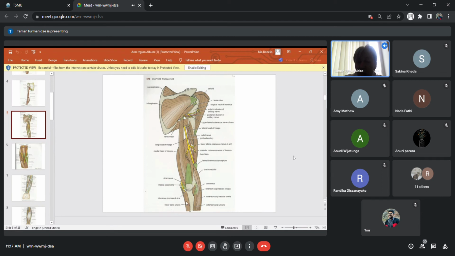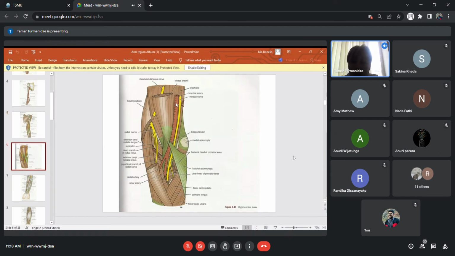sulcus of the elbow. During fracture of the bones of the elbow region, the ulnar nerve is most often damaged. Why? Because the ulnar nerve is located on the bone. It lies closely on the bone in the posterior medial cubital sulcus. Under the bicipital aponeurosis, in the anterior region of the elbow, in the anterior medial cubital sulcus,